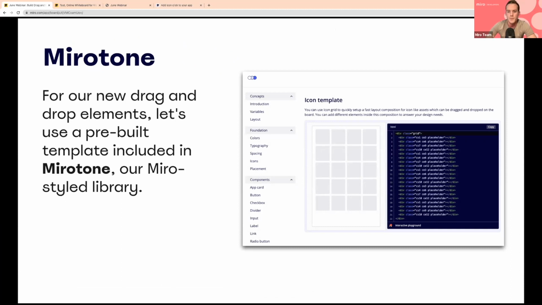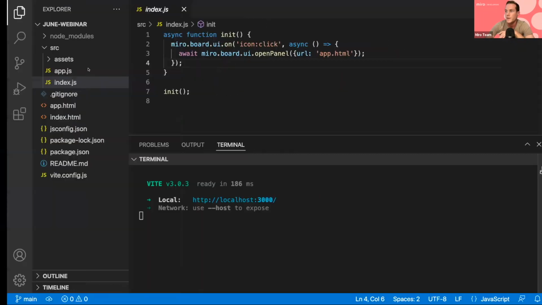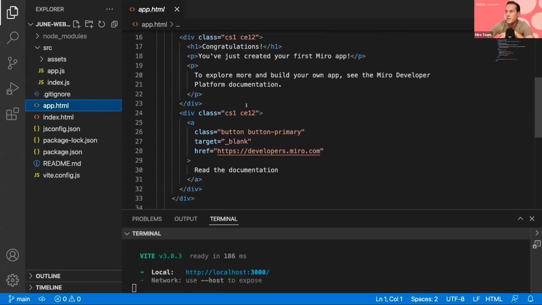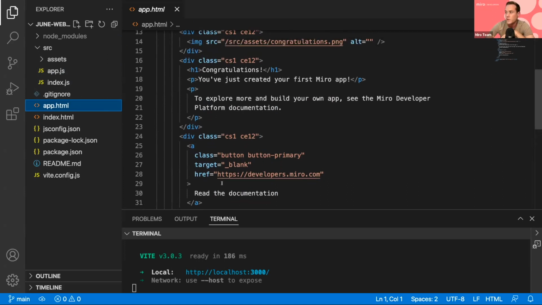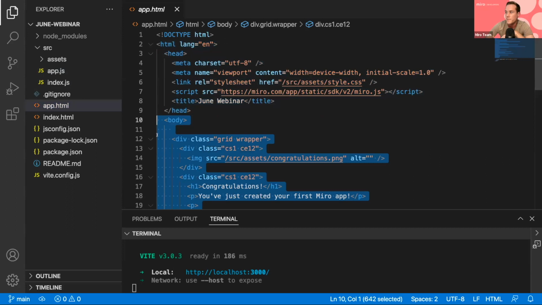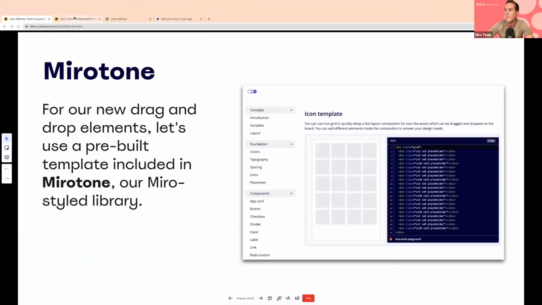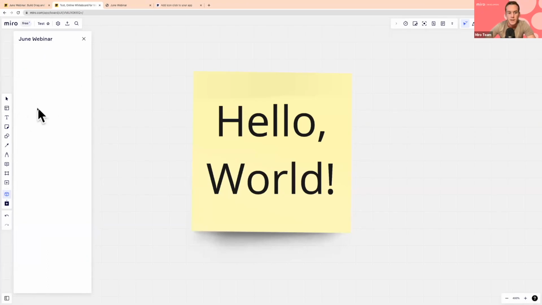So, we have our app.html open on the other side of my code editor. And what I want to do is within this app.html, you're going to see that we have a lot of boilerplate text here. So if I go ahead and remove some of this boilerplate and hit save, and then I go back to our app, you're going to see now I just have a blank canvas here. So we've removed some of the generic stuff that was just created by default. And I'm going to go to